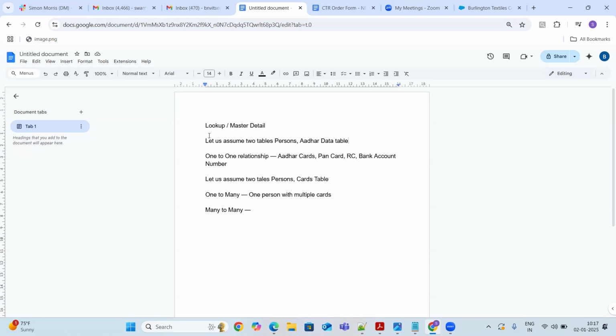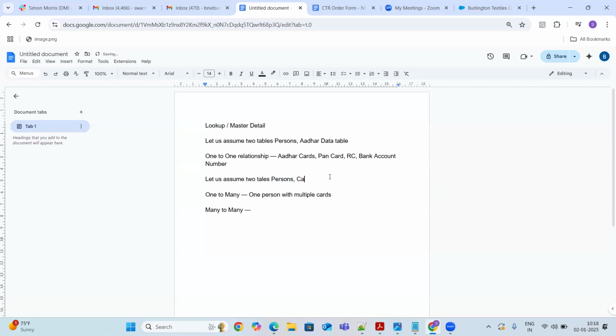Obviously, if you want to establish the relationship between the person and the other table, then it's always a one-to-one relationship, guys. So one person is always going to be associated with only one Aadhaar, with one other data table record. Such a kind of relationship is a one-to-one relationship, and then one-to-many relationships, so that is again persons and again cards.